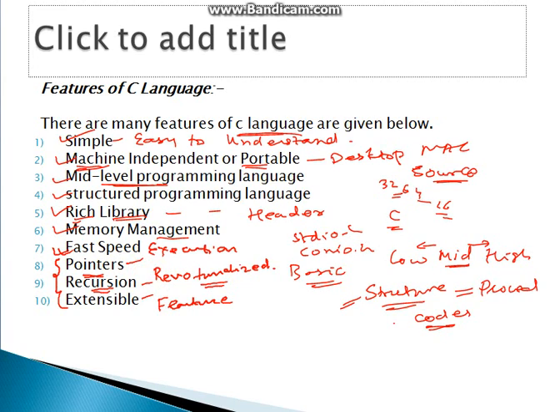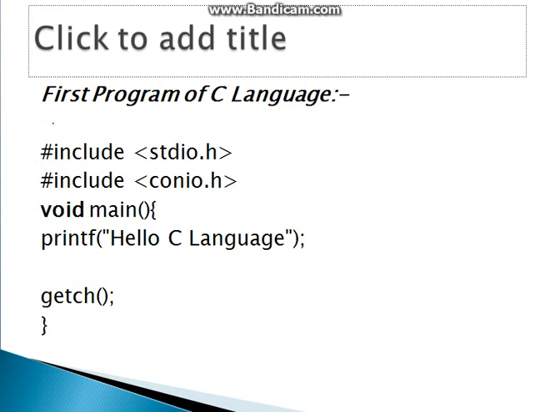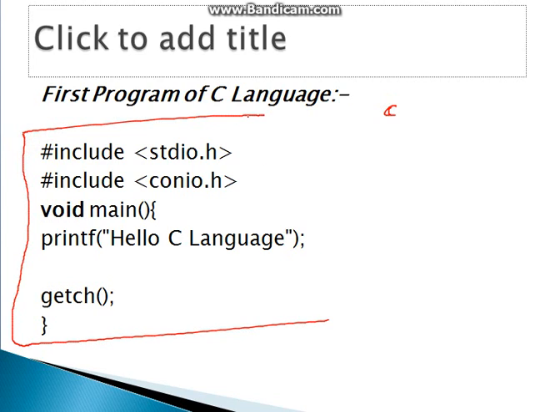So this is nothing but about the C language. Let us see the first basic program of the C language. First you have to download the C program from the internet. And when you run this program, this is nothing but the basic code which we have written over here. Firstly there is a hash include, and here in the angular brackets it is written